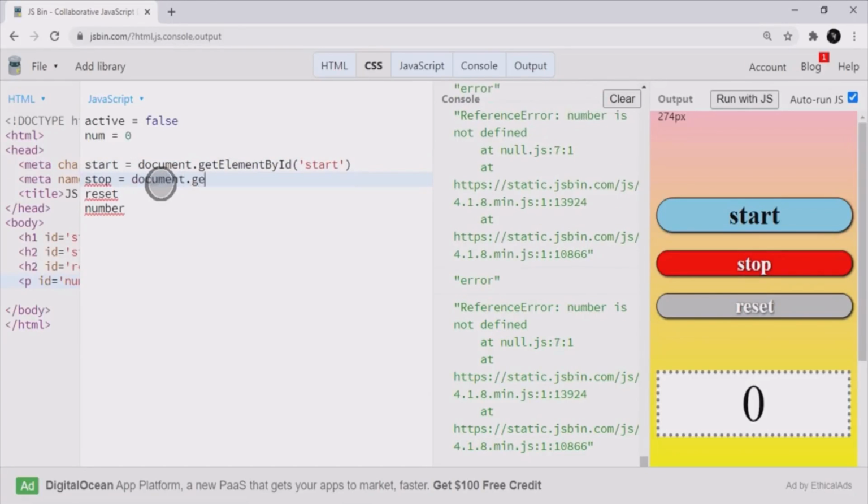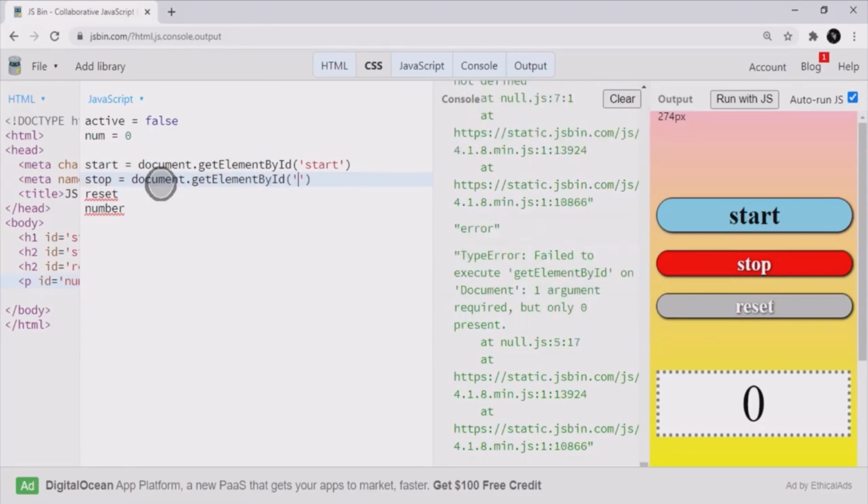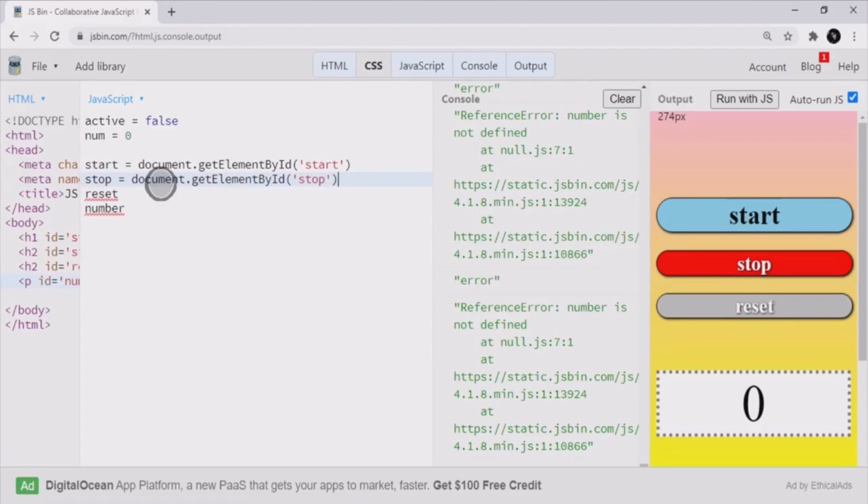Then the next one's going to be stop equals document.getElementById stop. The next one will be reset equals document.getElementById